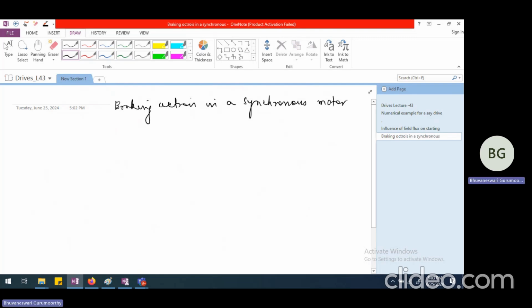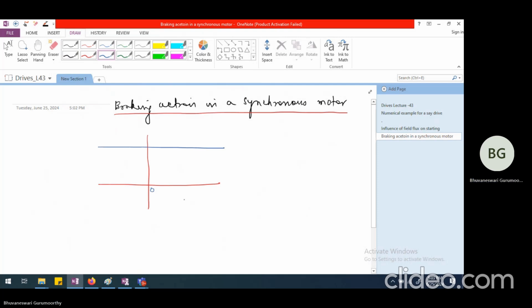We already said that a synchronous motor will run at synchronous speed, otherwise it will not run at all. So if I have to draw the speed torque characteristics of a synchronous motor, I should say this is the torque that we talk about with respect to a synchronous motor. Okay, so if I am talking about this as zero speed and this as synchronous speed,